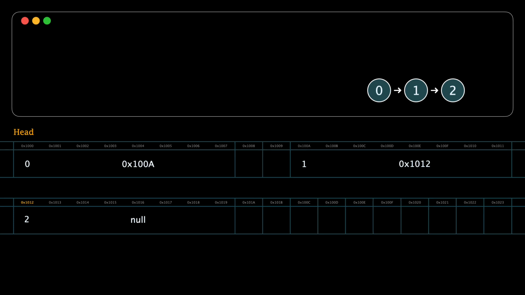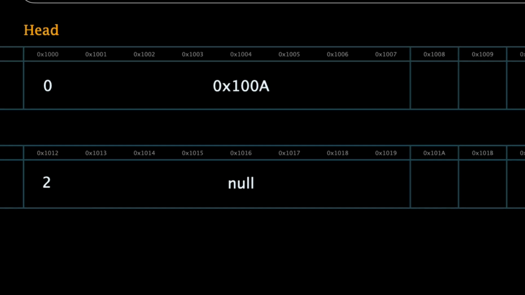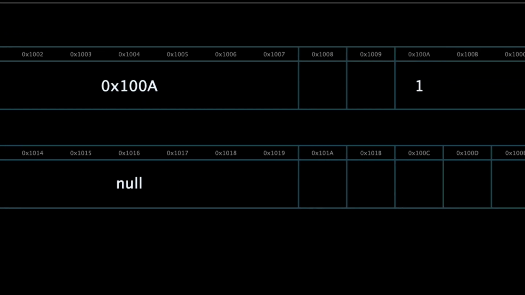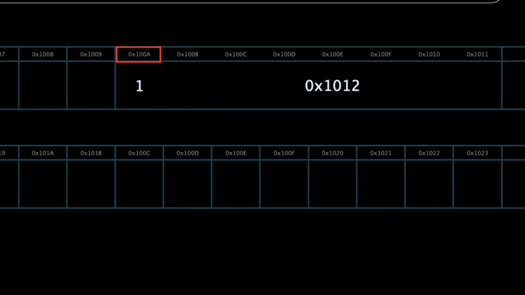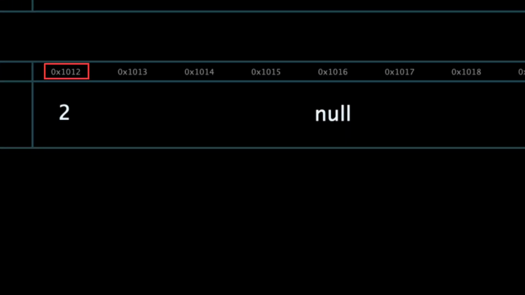So now we've got a linked list of 3 nodes. What if I want to add another node? Once again, we start from the head and we traverse the nodes one by one, following their references until we find a node with a null reference, signaling that it is the last node.